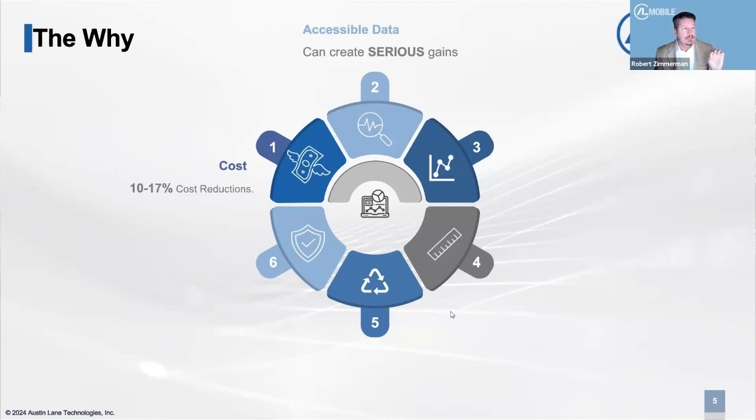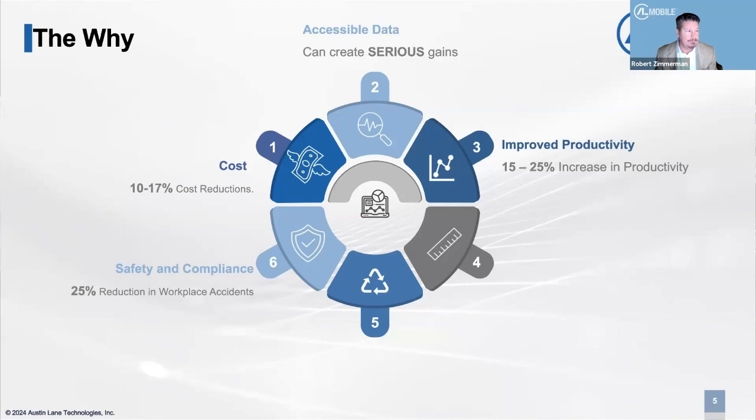And I'm going to look at it. You can reduce costs from 10 to 17%. Those are big numbers, right? You can increase your productivity 15 to 25% because of some of these software integrations used properly. Your safety and compliance can go up 25%. So reductions in workplace accidents can go up 25%. Obviously,